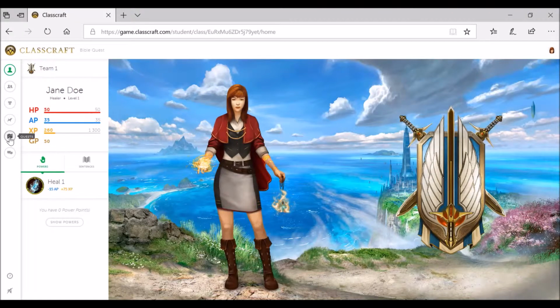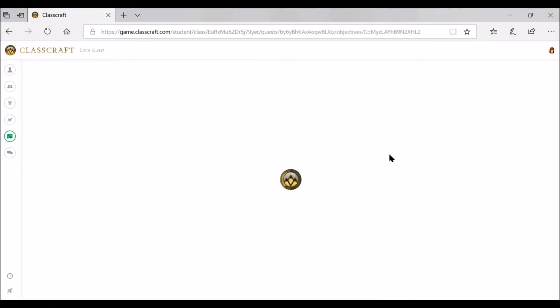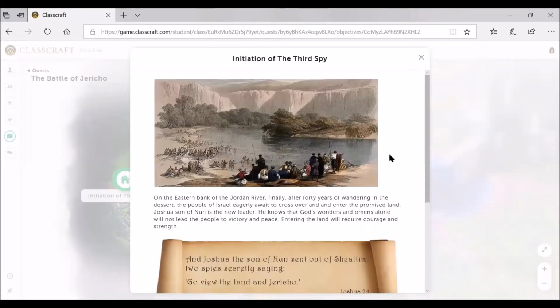So I'm going to click here on the little map icon that's going to take us to the map of the quest. Our story is the Battle of Jericho from the book of Joshua. We're going to click here. And right away, I get the narrative of the game, not the actual biblical text. And it creates the quest, it sets the setting, what is the goal of this mission. So basically, the biblical story has two spies, and our students are becoming additional spy, the third spy, if you will. Each one is becoming an additional spy, and they're joining in on that mission to prepare for the Battle